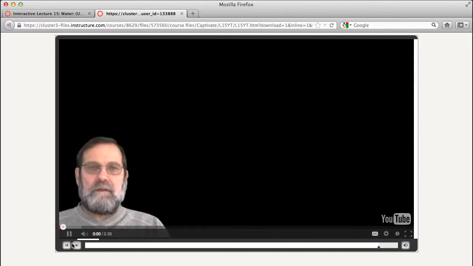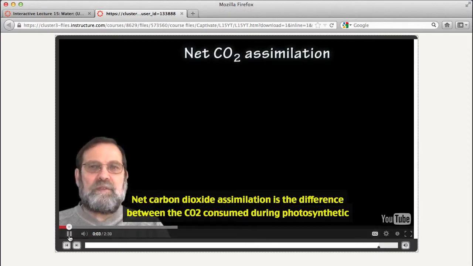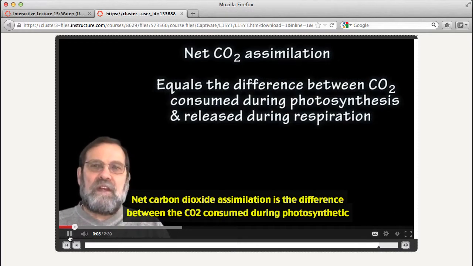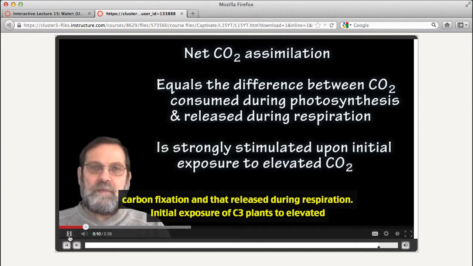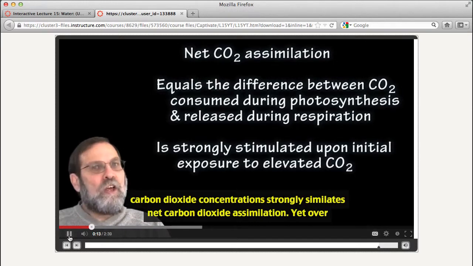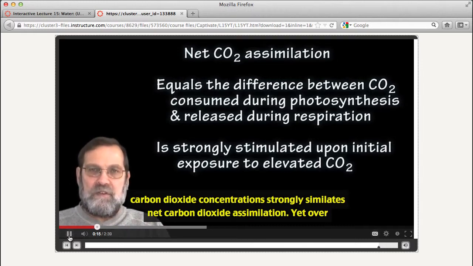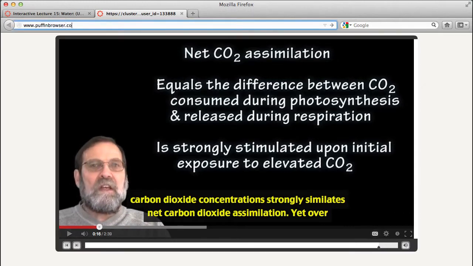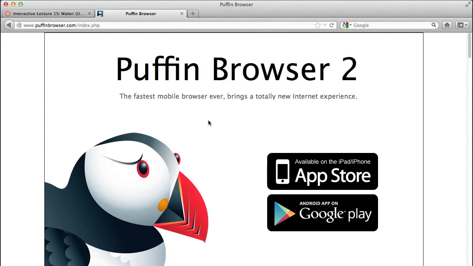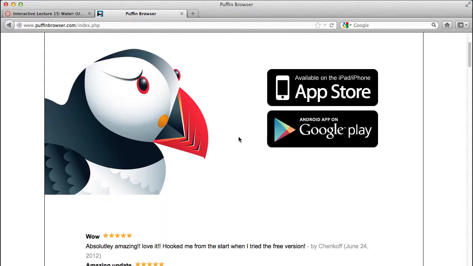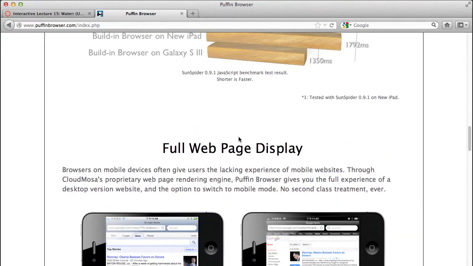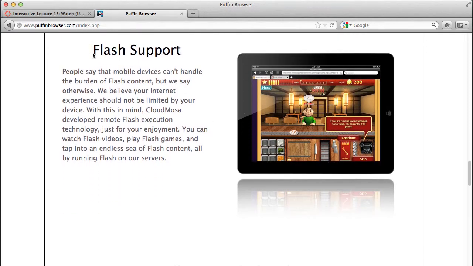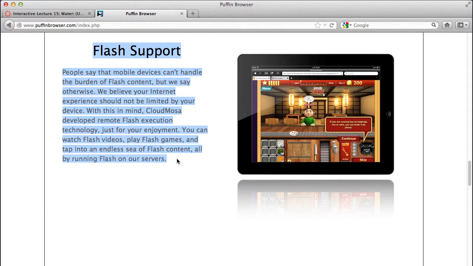Finally, it's important to know that these lectures require Flash to be installed on your computer, which 98% of computers already have installed. You can go to adobe.com to download the latest version of Flash Player if you don't already have it installed on your computer. Because this is Flash content, that means that these lectures aren't super compatible with tablet devices like the iPad and many smartphones. If you have a tablet and really want to watch these interactive lectures on such a device, we recommend purchasing the $3 Puffin web browser that does a pretty excellent job of allowing Flash content to play on iPads and Android tablets. More information can be found at puffinbrowser.com if you're interested.